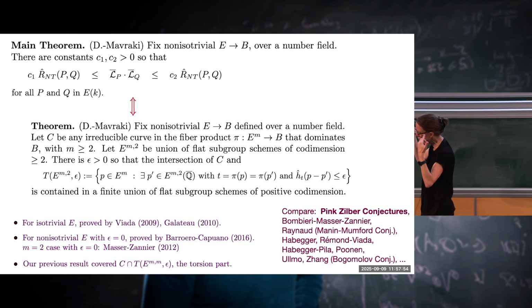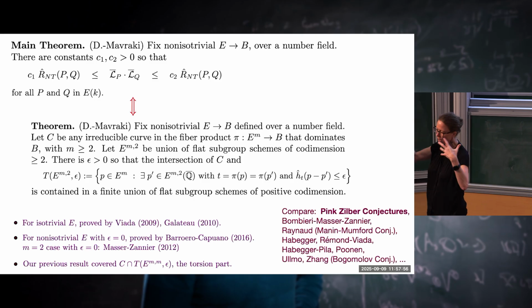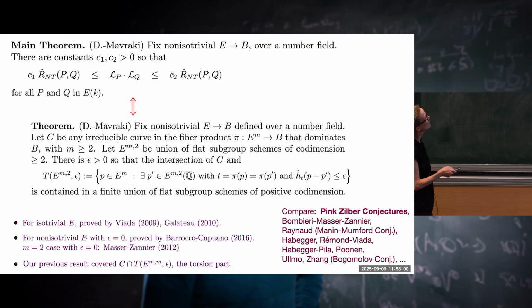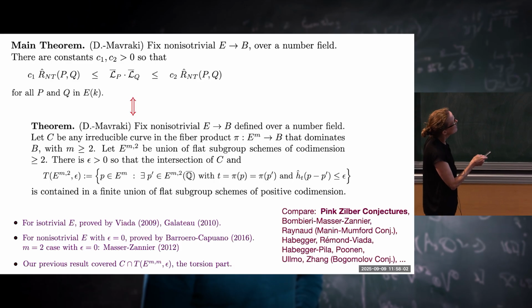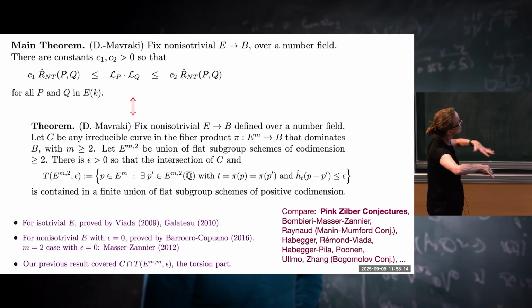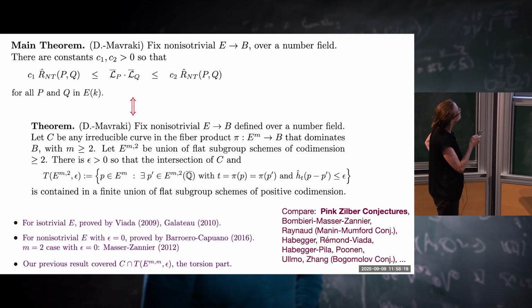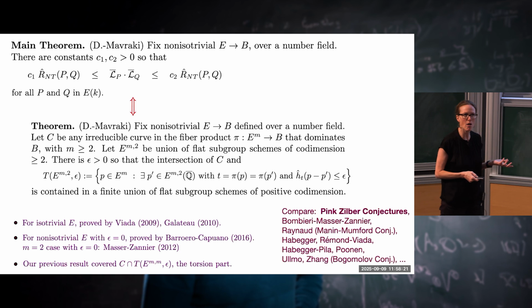That corresponds to at least 2 relations between points in this fiber power. And then the statement is that if you look at an epsilon tube around this, so that's what this is defining, an epsilon neighborhood around this union of codimension 2 things, that curve will only hit this tube finitely often,